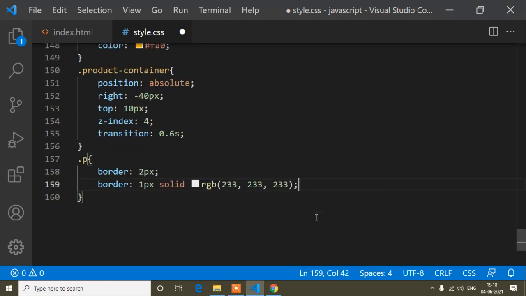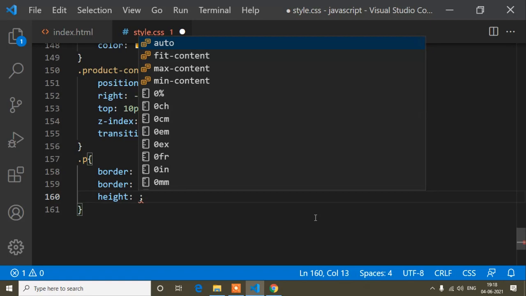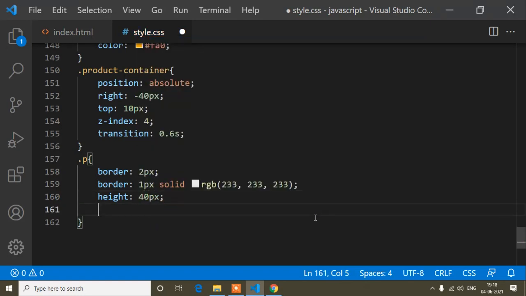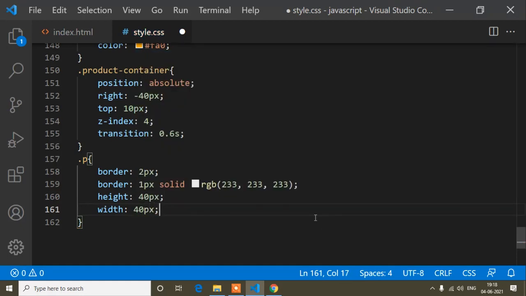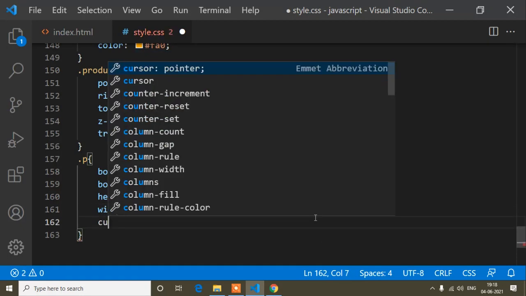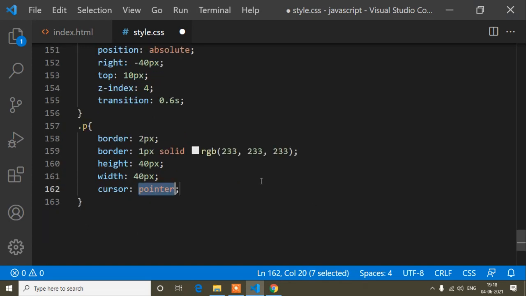This is the border color, a grayish color code. And now I will add height 40 pixels, width 40 pixels, and cursor pointer. That means when I bring my cursor here, it will show the hand icon.